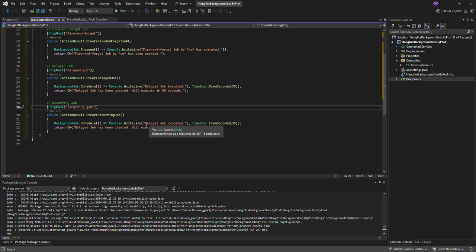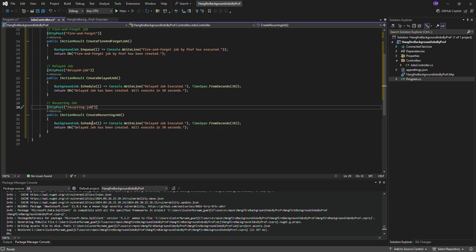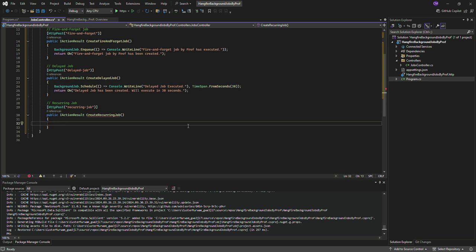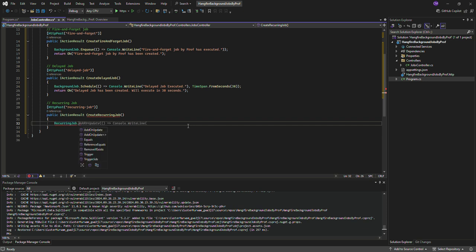So then what we need to do, we need to say RecurringJob.Update, because this is now a recurring job. So then let's do it like this. Actually, let's just delete this whole implementation in here, and let's do a RecurringJob.AddOrUpdate,